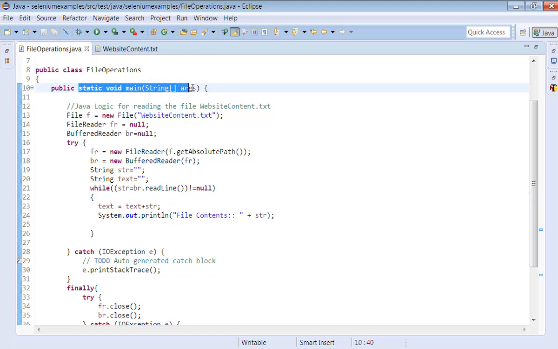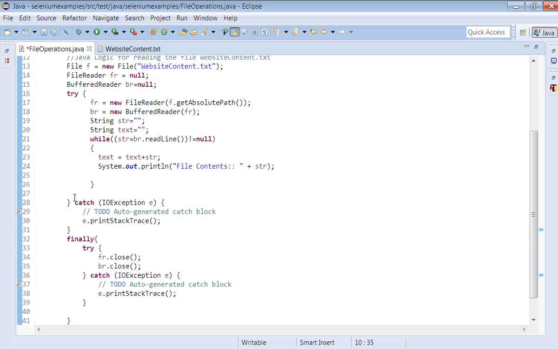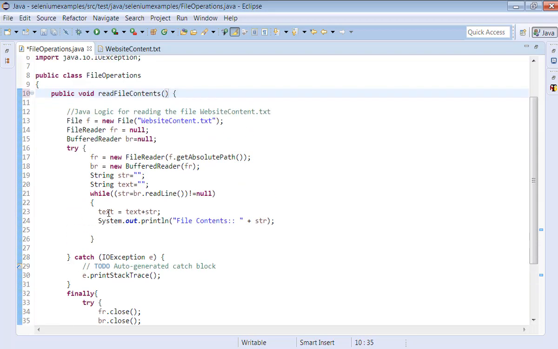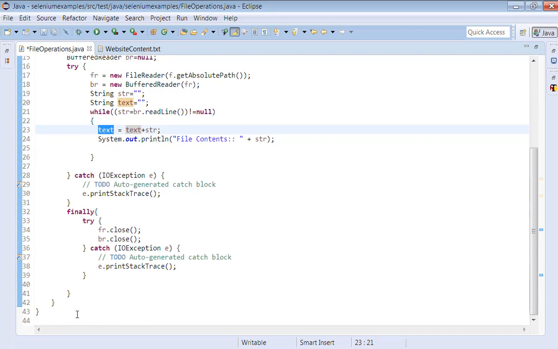I will convert this into a Java method, public void read file contents, and we will return a string which we are appending now, return text, as a response.